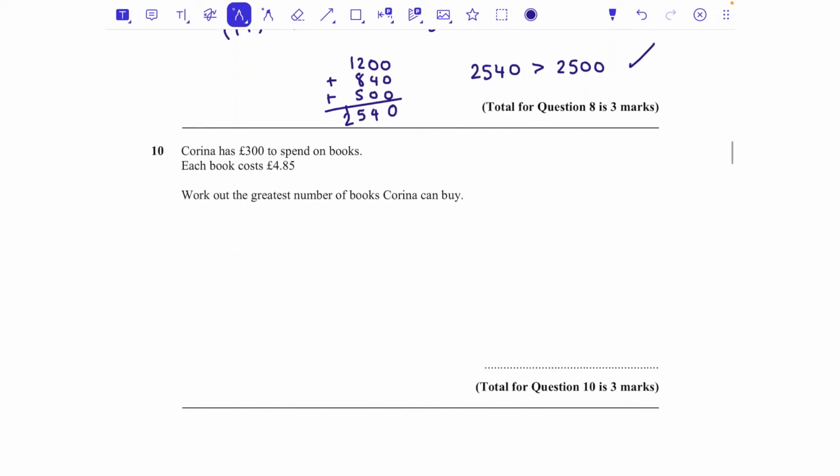Question number 10. Karina has £300 to spend on books. Each book costs £4.85. Work out the greatest number of books Karina can buy. Well, we want to know how many £4.85s fit in to 300, and that's going to be a division. So we're going to do 300 divided by 4.85 just to see how many fit in, and I'm going to use my calculator for that. 300 divided by 4.85,